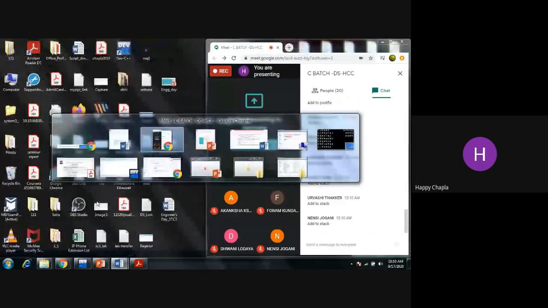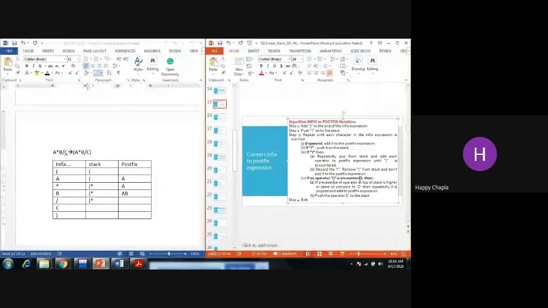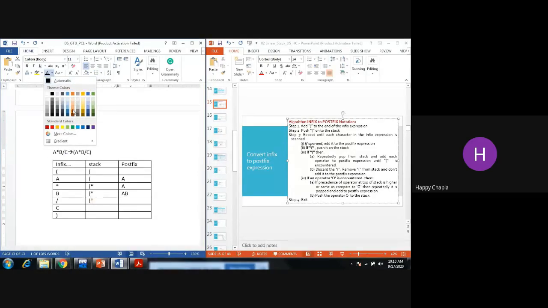If an operator O is encountered, my operator O is division. Now, if the precedence of the operator at the top of the stack, this star is my top of the stack variable, is higher or same as compared to my O, this one is my O. So if I check the precedence, my division is equal to star.